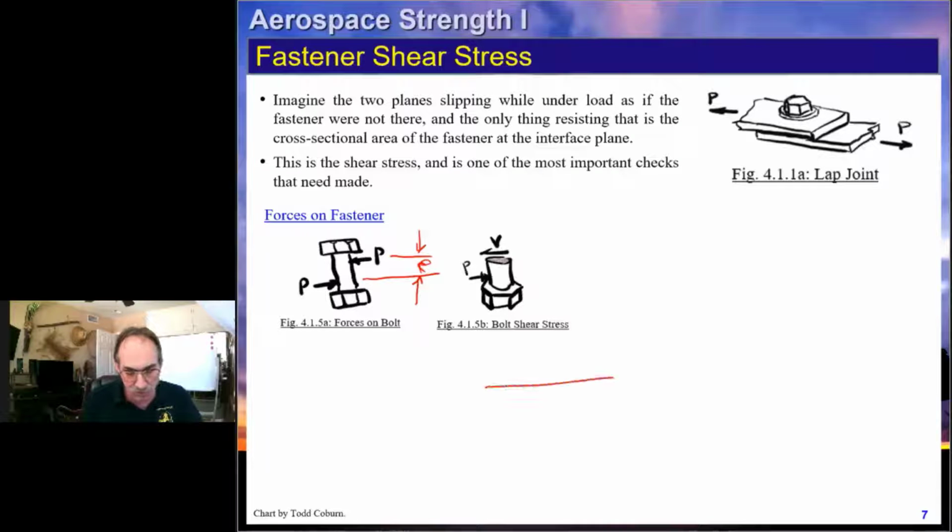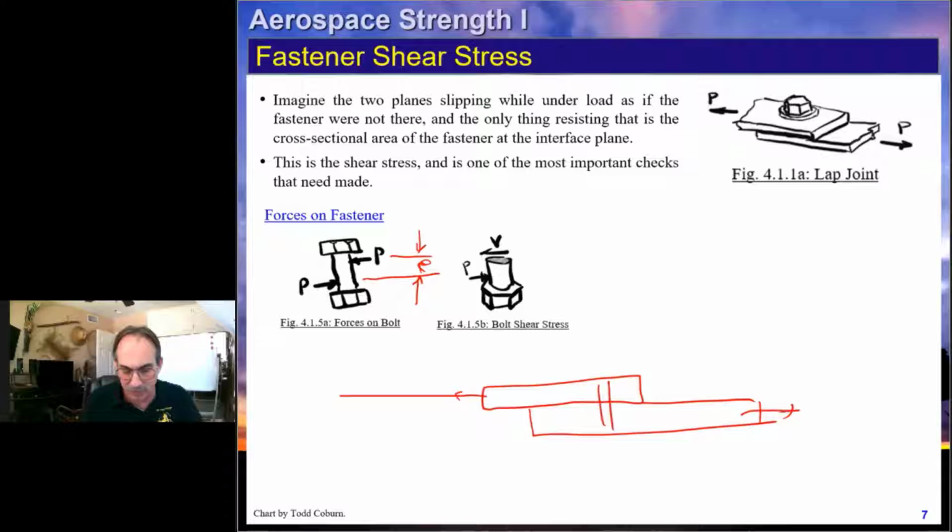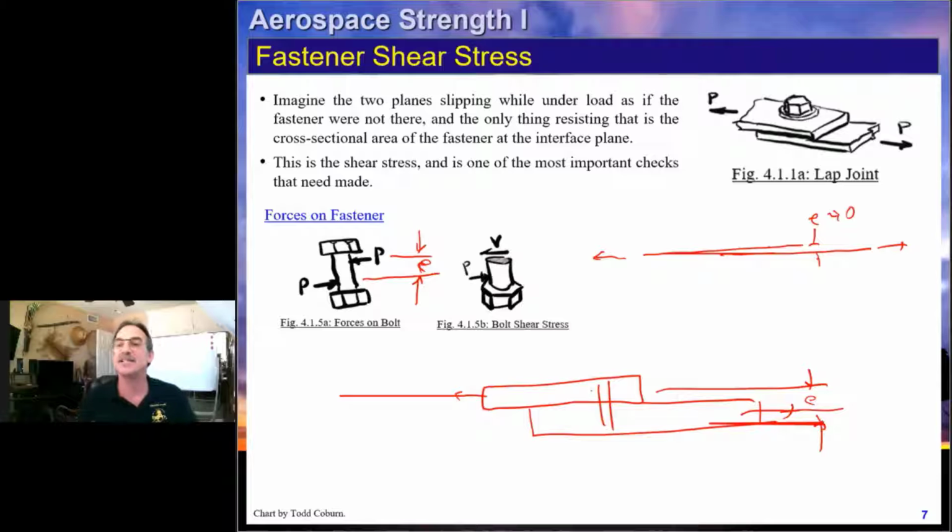That actually is true, or fairly true. Let's say we have a plate that's relatively thick. You can see we're going to get a significant eccentricity between these two, right? But as these plates get thinner and thinner, this eccentricity gets smaller and smaller. In the extreme, you have an infinitesimal plate being pulled this way and an infinitesimal plate being pulled this way, and the eccentricity between them is close to zero. In that case, no matter whether you have an eccentricity or not, you can see,